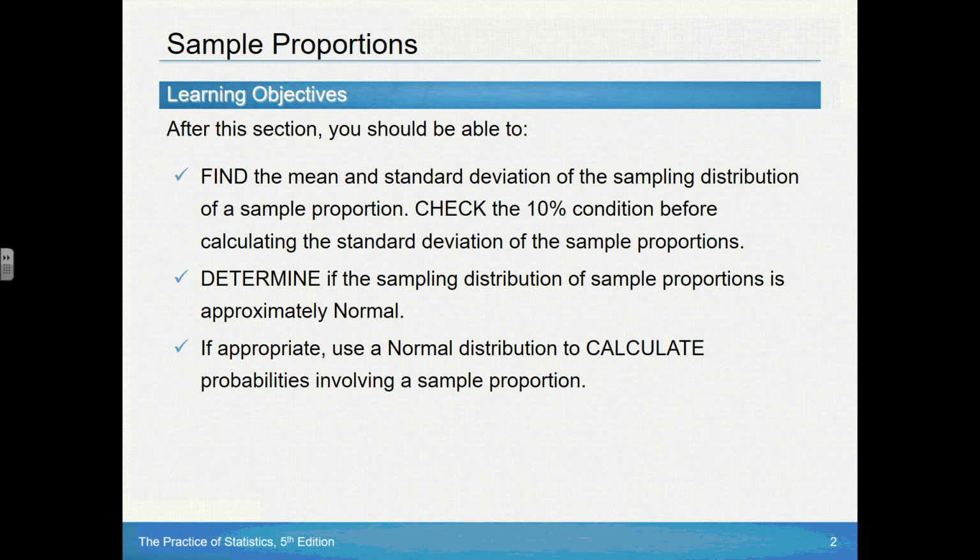In this section, we're going to find the mean and standard deviation of a sampling distribution for proportion. We're going to check the 10% condition before calculating the standard deviation of the sample proportions. We're also going to determine if it's approximately normal, and if it's normal, we're going to calculate probabilities involving sample proportions. So really, we're taking things that we already know and applying them to the concepts that we